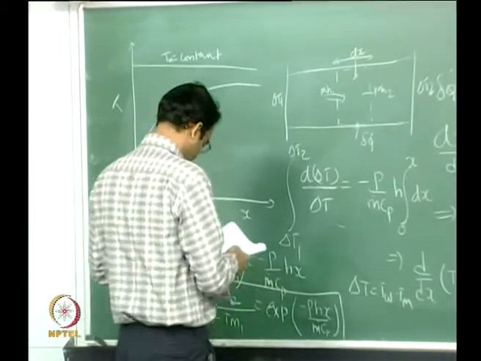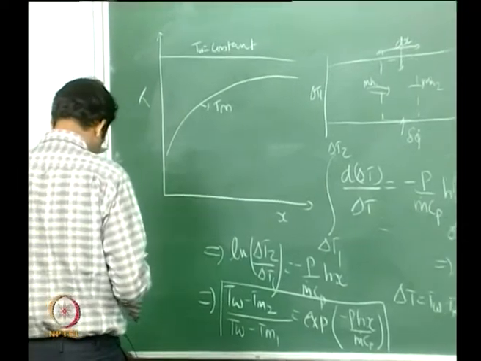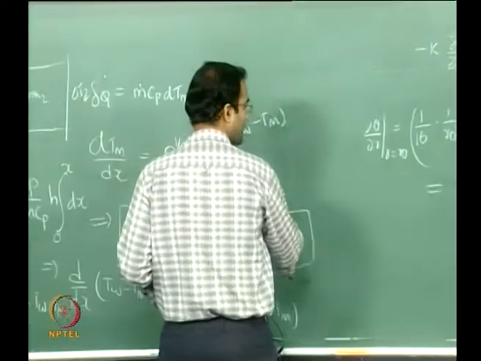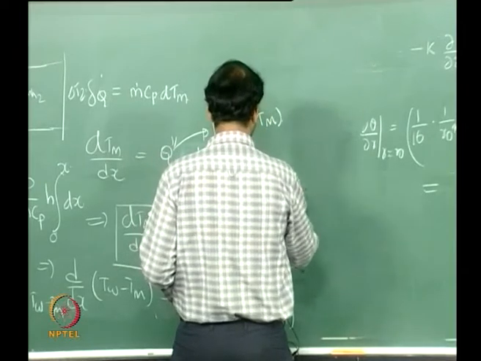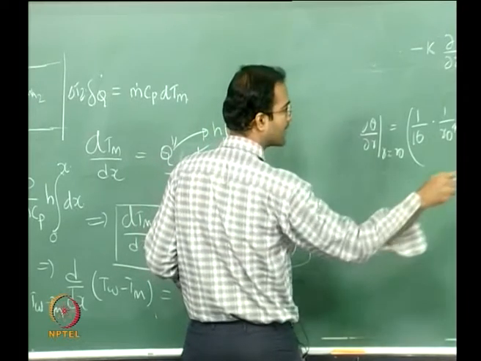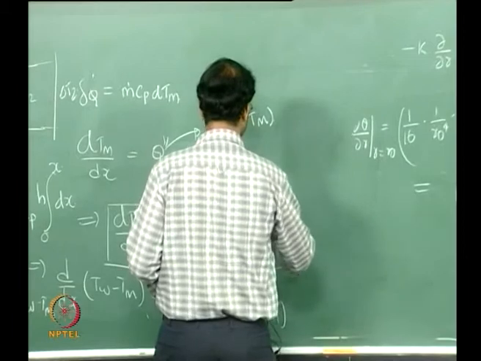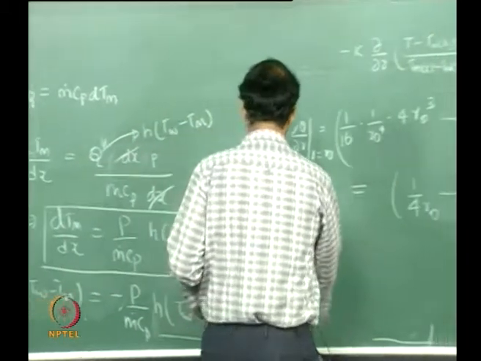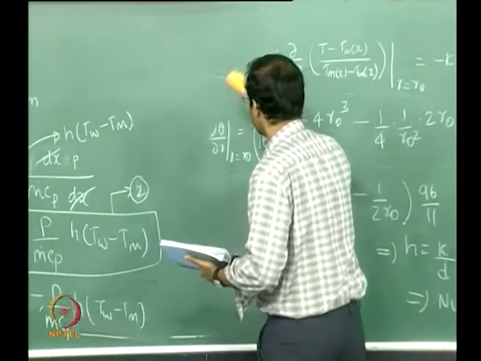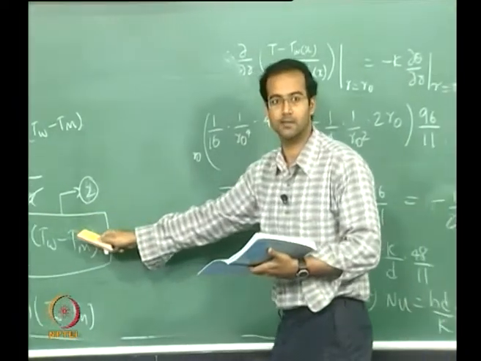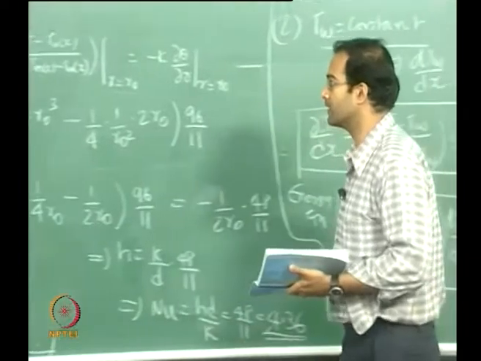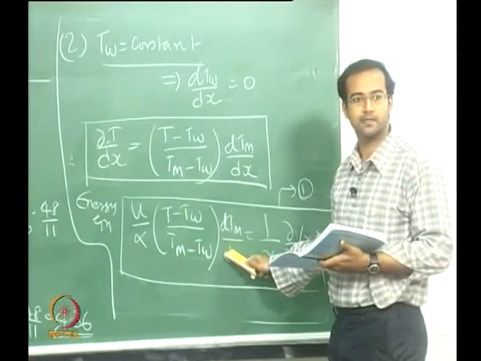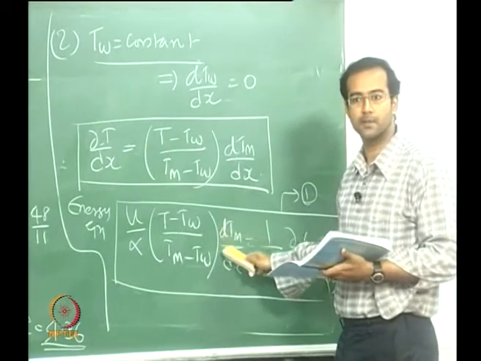Now, having known this, and we have this particular expression here, let us call this expression number 4. I started with 1, let me call this 2 now. So we will use this expression now, simplify for dTm by dx, because why we are doing this is we have a dTm by dx term in this equation, so we have to simplify this a little bit.